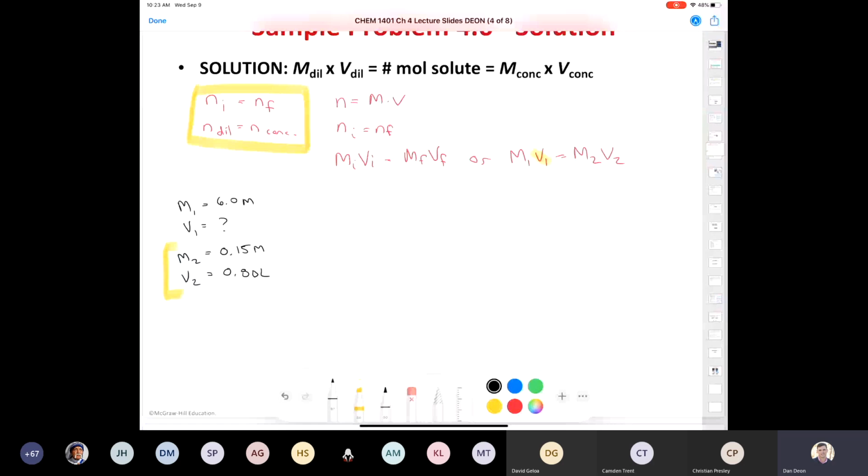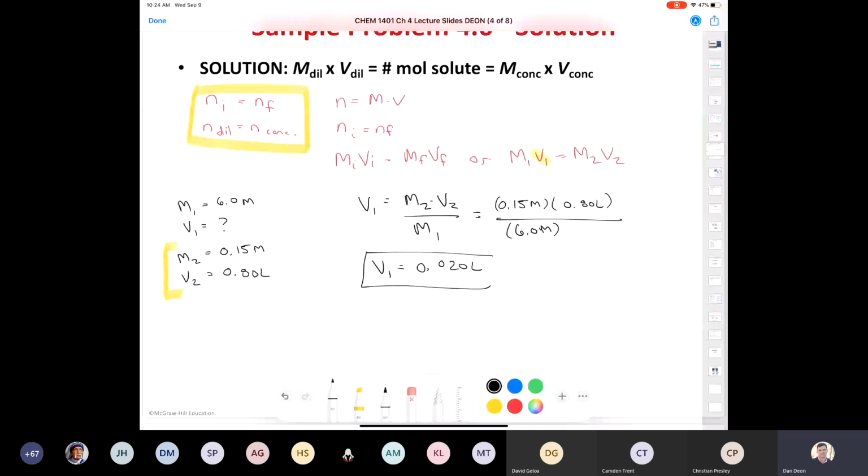We're going to rearrange our formula. V1 is equal to M2 times V2 divided by M1. So M2 times V2, let's take 0.15 molar and multiply that by 0.80 liters, and we'll divide that by our M1, which is 6.0 molar. When we punch that into our calculator, 0.15 times 0.8 divided by 6, we end up with 0.020